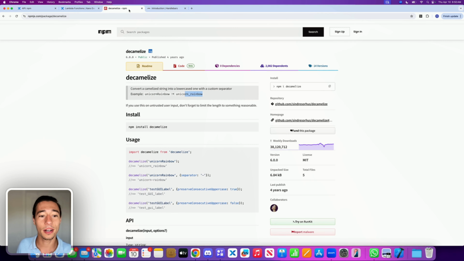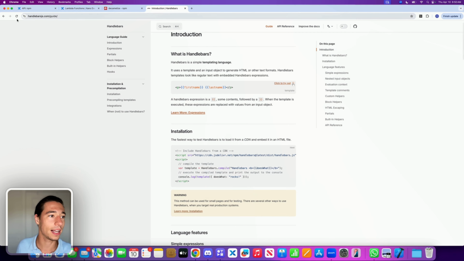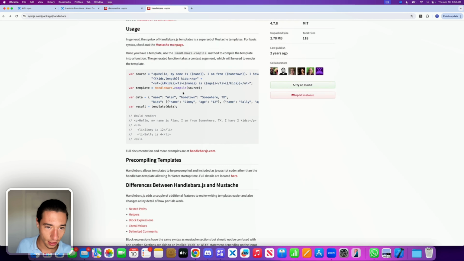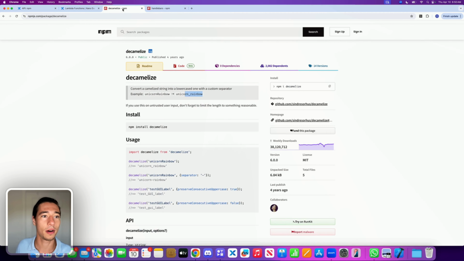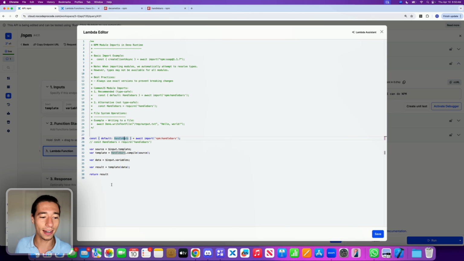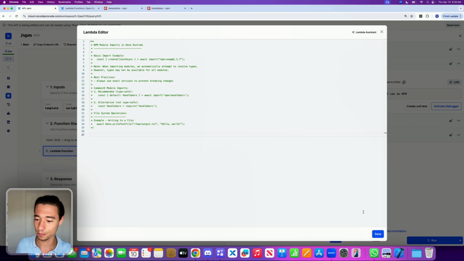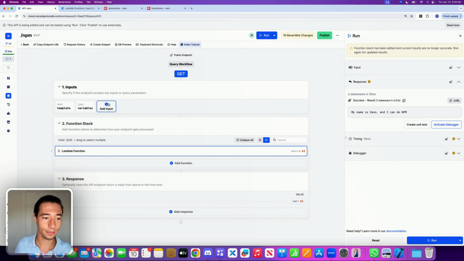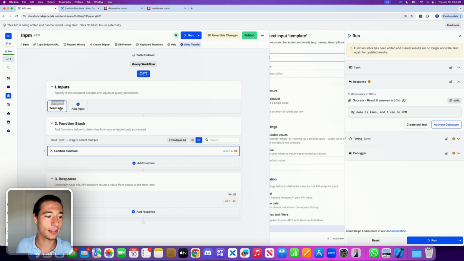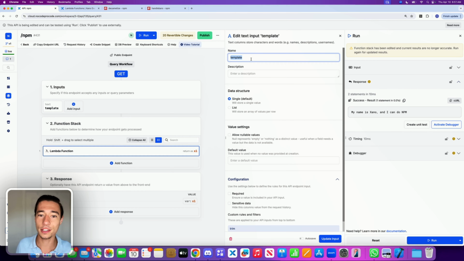So now one thing I want to point out is when we are taking a look at their own NPM documentation, oh, this doesn't even tell us how to use it. So how about we go on decimalize, not decentralize. We're not doing crypto stuff here. And try implementing this. So we can just delete this code here, and we can delete the input, and let's go with decimalize. And for this one, I can just call this input,